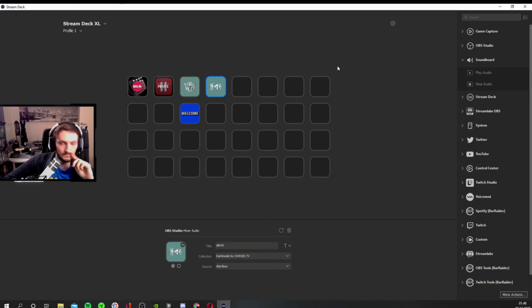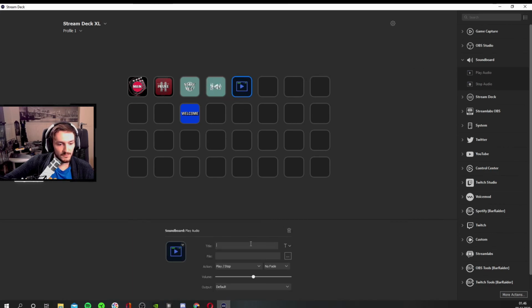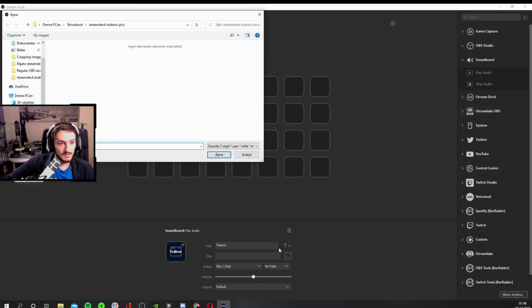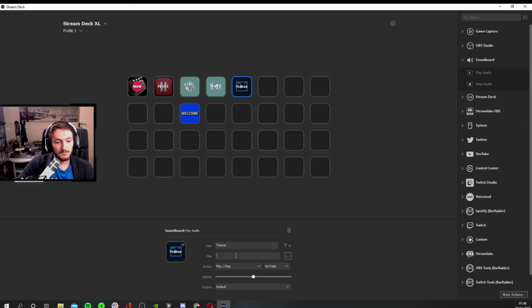like so. The soundboard allows you to play any audio MP3 file which you got saved on your computer. Simply add a title, let's say Thanos. I don't have it at the moment on my computer, but you simply add Thanos sound, for example. A short sound of Thanos, any kind of quote. And you select the file directory where you have the said MP3 file. Simply add that directory in here,